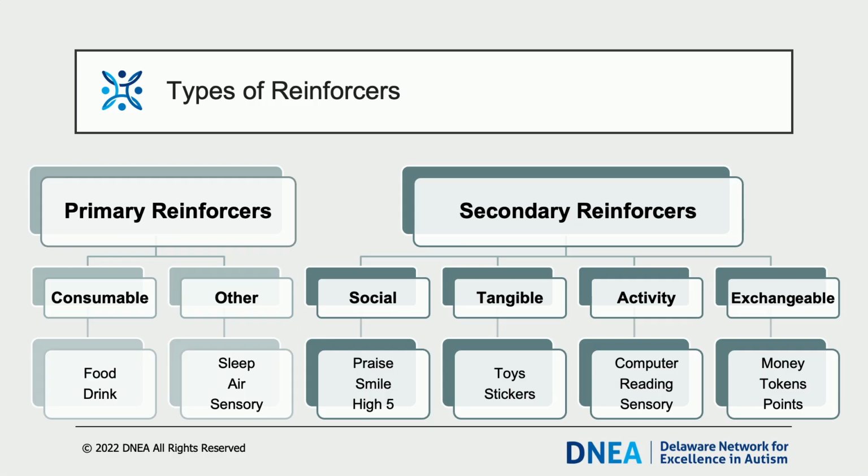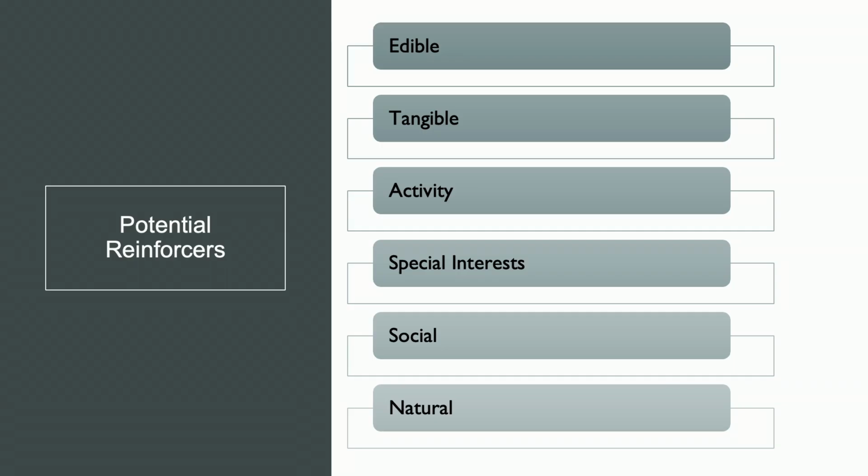Also, if we always get something every time we get a primary reinforcer, that additional thing may become reinforcing. As an example, if every time we got food someone said good job, that may eventually become a reinforcer. Let's talk about the different types of potential reinforcers, each with pros and cons. Ultimately, our goal is for whatever is naturally occurring in the environment after the behavior to serve as the reinforcer, but we often have to start with something contrived.